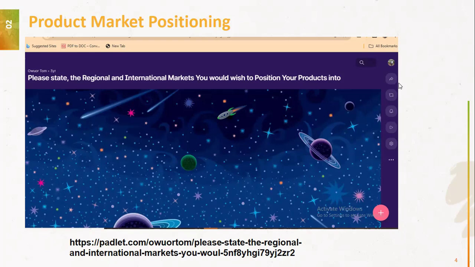For me, mainly I'm targeting two markets to be precise. The Southern African market for some products, and other products for the European market. Some products Southern African market, others for the European market. Okay, that is okay.